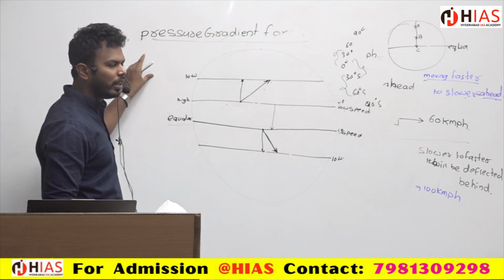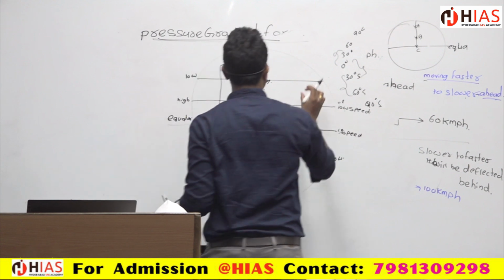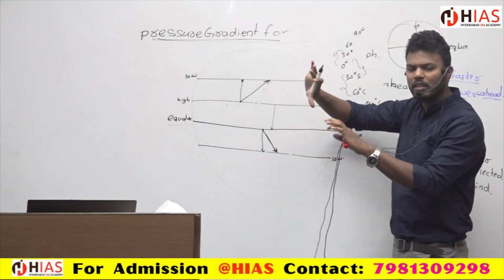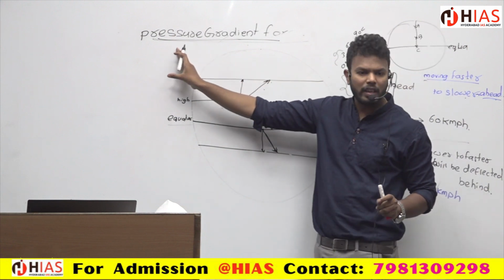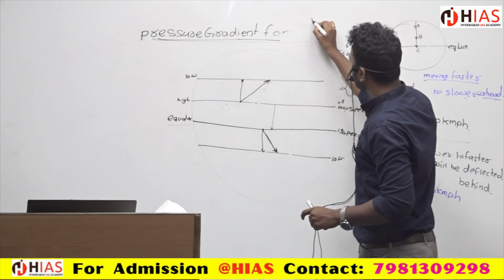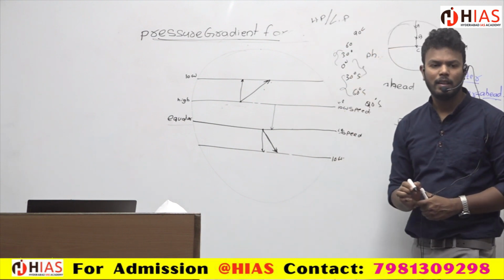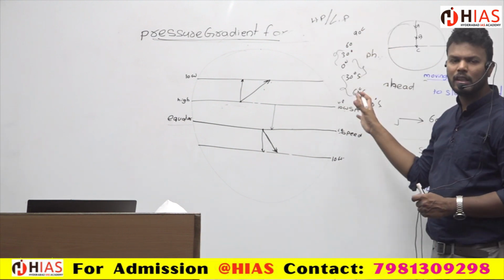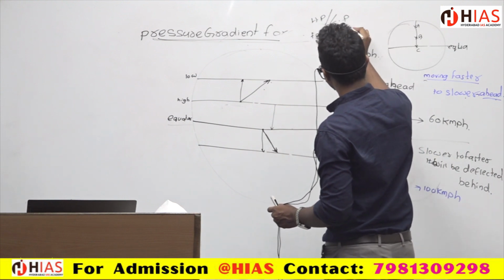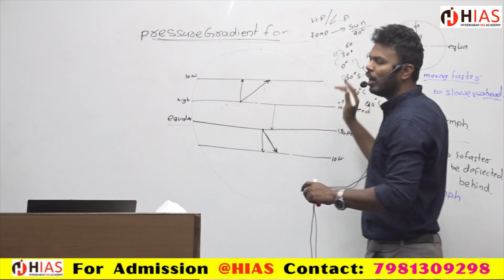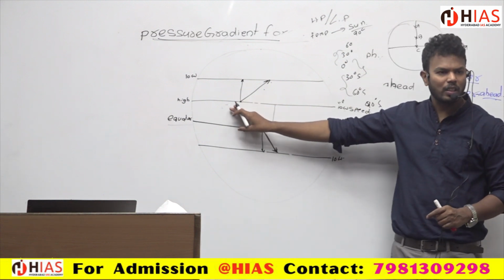What I am going to say is that pressure gradient force is the force that is required to make the winds move. At any time, there can be high pressure or low pressure. High pressure and low pressure always depend on the temperature. Temperature always depends on the sun. And how the sun is moving, we discussed in the seasonalities topic.